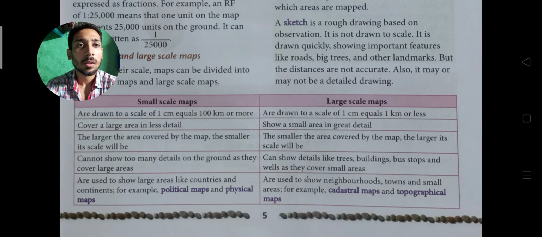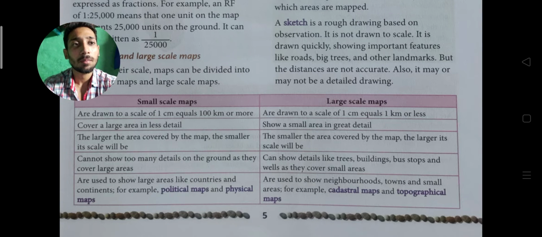These are used for neighborhoods, towns and small areas, for example cadastral maps and topographical maps. So these are the things we have to look for in small scale maps and large scale maps.